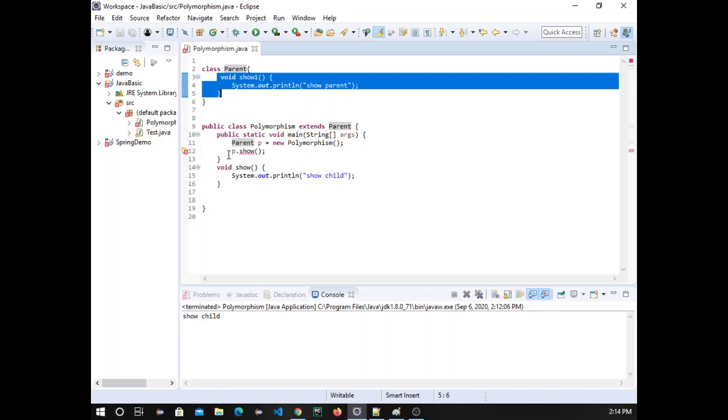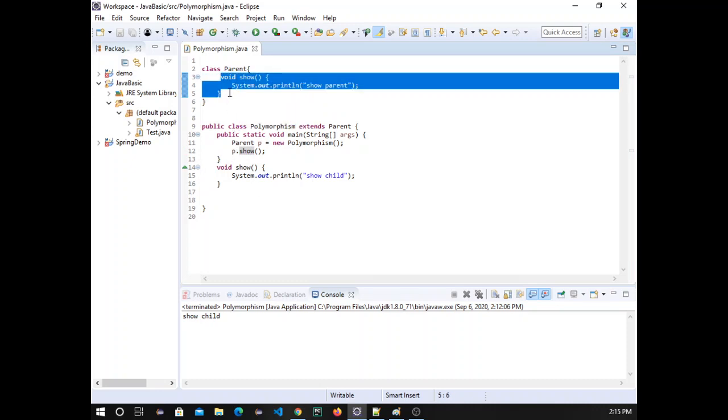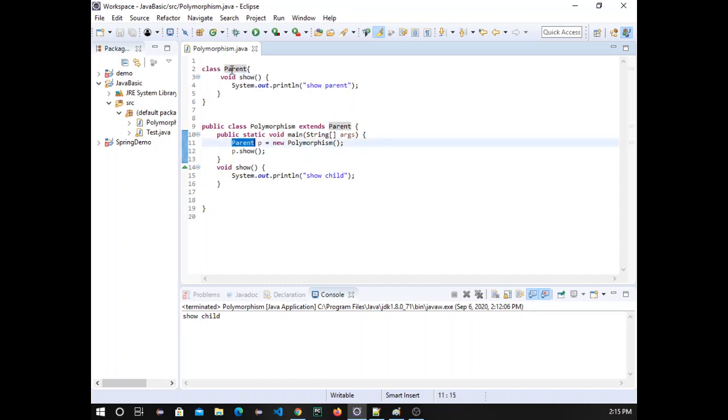So that's why, while compiling, it's deciding that you are trying to call the p.show method, and the p.show method should be inside this parent class. So let's say okay, now the show method is there in the parent class. So at compile time it's saying that this is the function I have to call. Our file is just compiled, nothing more. So it's saying okay, this parent class is there, and I have to call parent type p dot show. So this function I have to call.